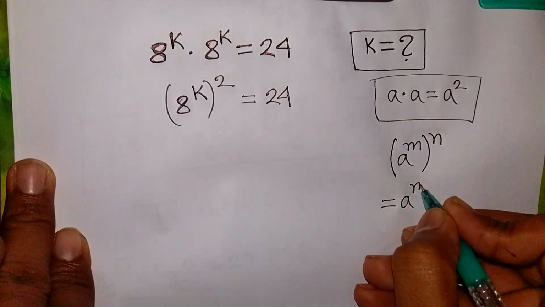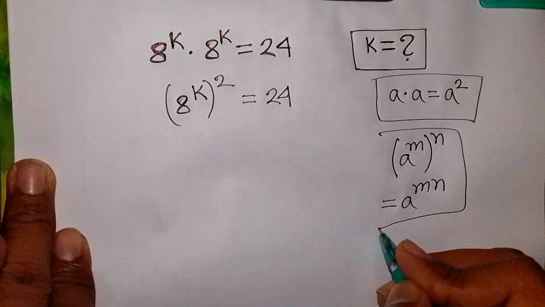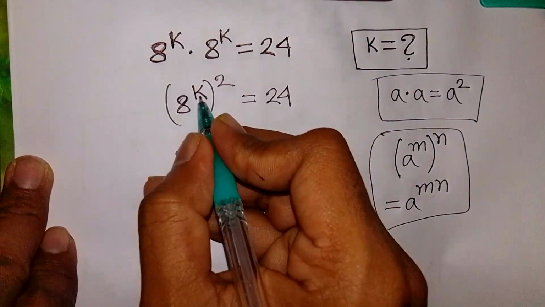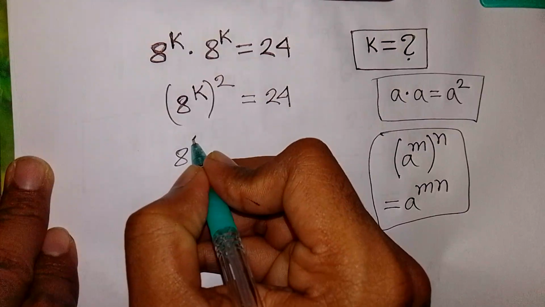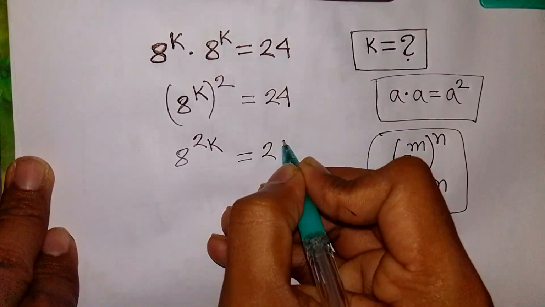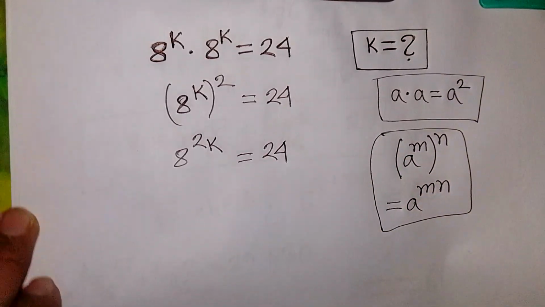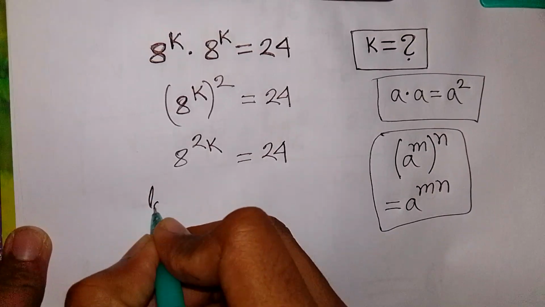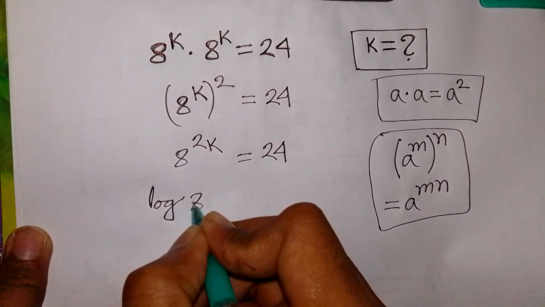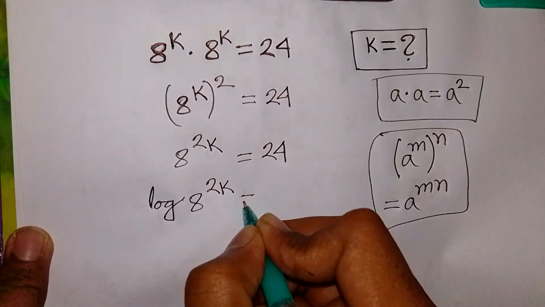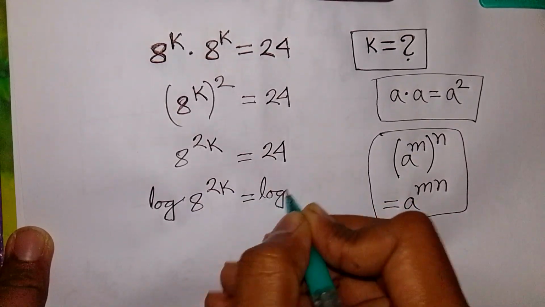of mn. So according to this formula, it will be 8 power of k times 2, that means 2k is equal to 24. Now we have to apply log on both sides. Log of 8 power 2k is equal to log of